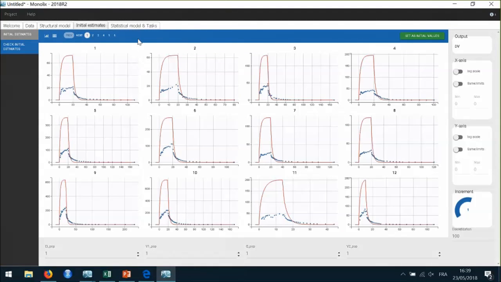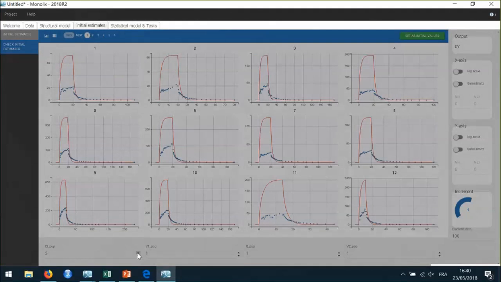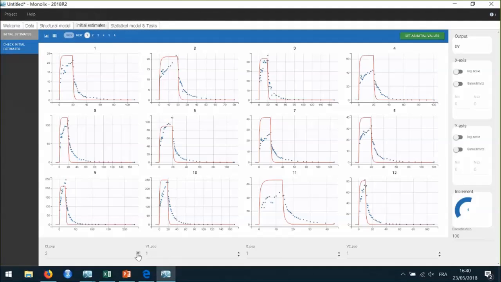Once this model has been loaded, the next step in the Initial Estimates tab is now to select initial population values for these parameters. And we can check how the population predictions based on the initial values in red fit the individual data in blue. When I change some initial value, I see in real time the effect on the population predictions. So here the goal is to manually choose reasonable initial estimates to speed up the convergence. Even if Monolix is pretty robust with respect to initial parameter values, it is a good practice.